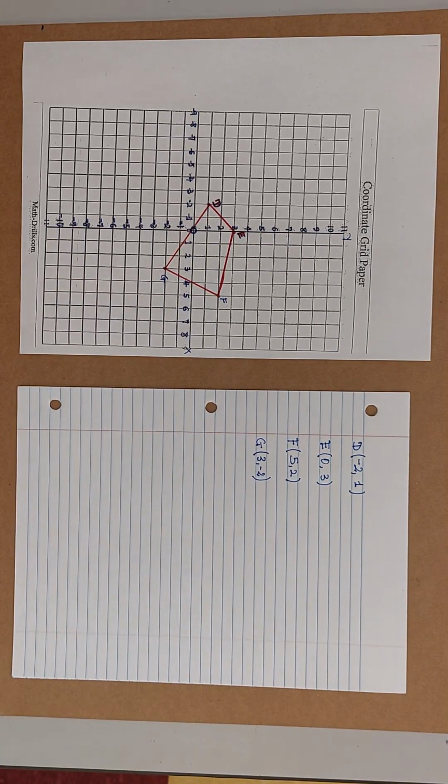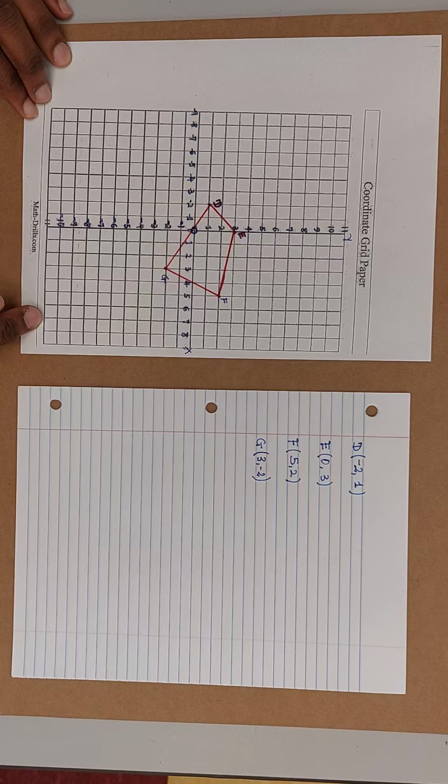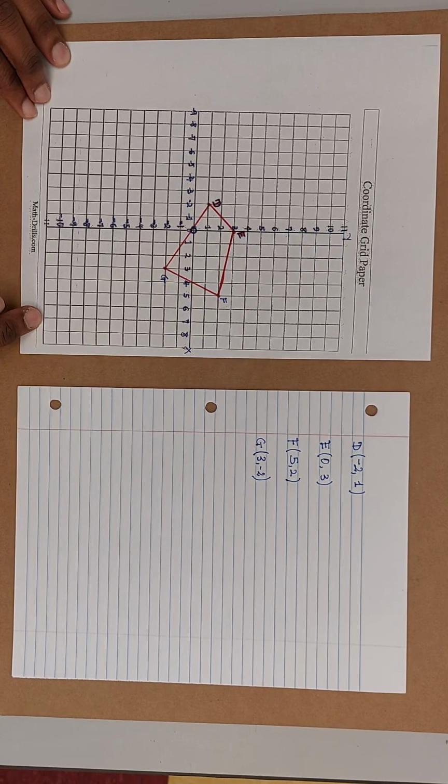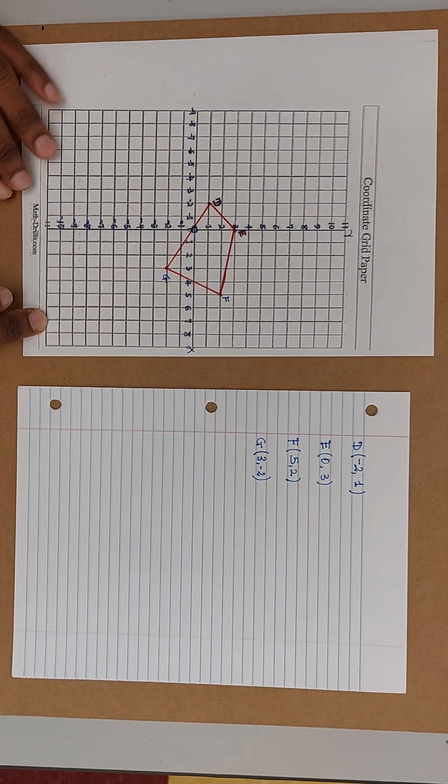Alright, now consider problem solving. We do have a trapezoid or a four-sided figure on this coordinate plane. I'm going to show you some shortcuts that you can use to get the coordinates after rotation by using a rule. So the first thing we want to do,